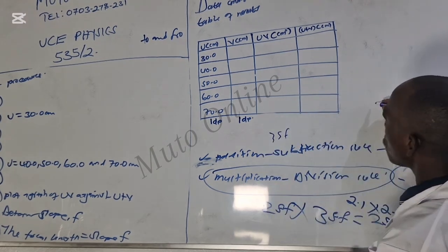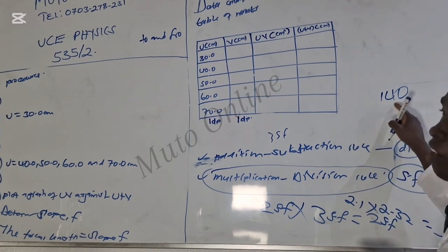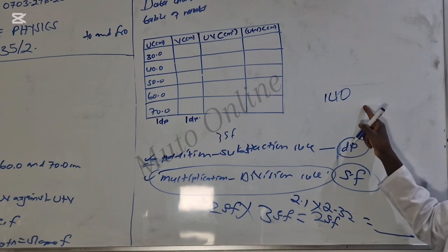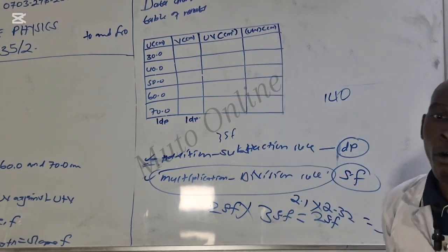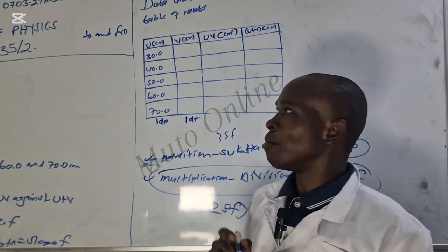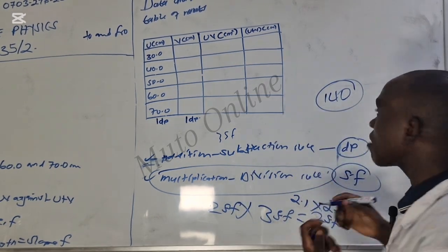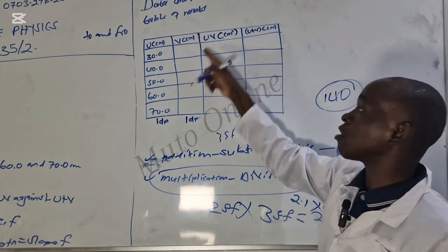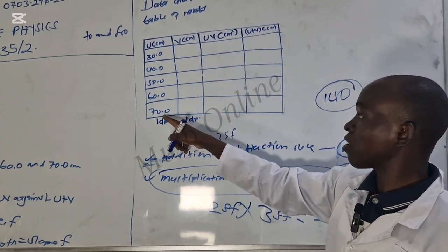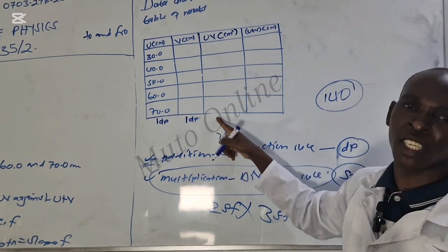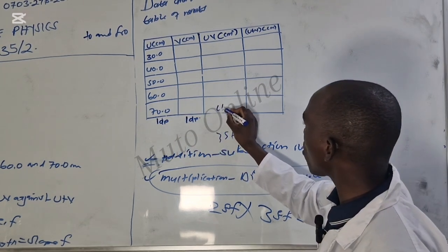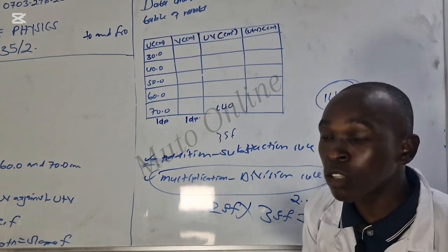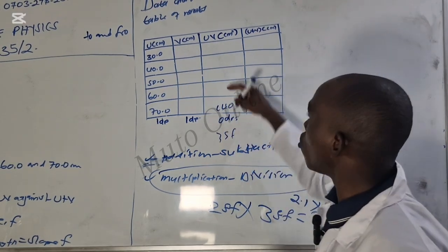Then, if, for example, it gives me 140, these are 3 significant figures, and you are seeing, it has no decimal place. That means the whole of this column now will be recorded to 0 decimal places, because the testing value has given me 3 significant figures, which was my target because I'm dealing with multiplication. I only have to test the largest value. When I test it, 3 significant times 3 significant, I have to get 3 significant. So if it gives me maybe 140, these are already 3 significant figures. And now, when I look at it, it has 0 decimal places. So this column will be equal to 0 decimal places. Don't bother to test